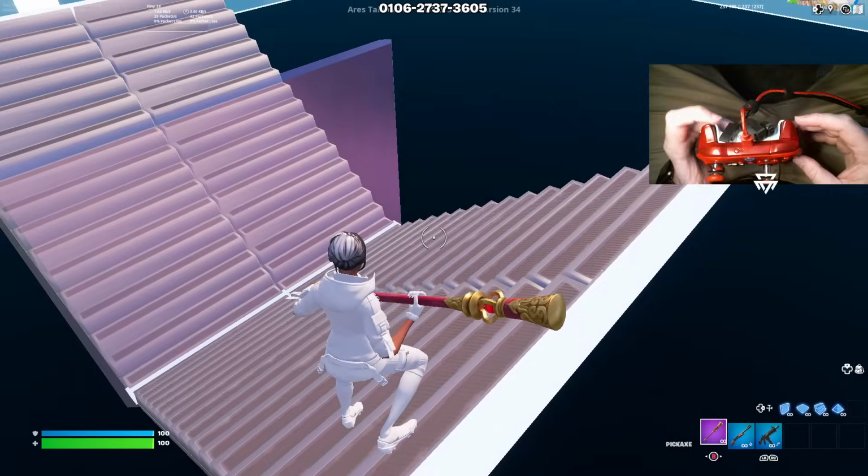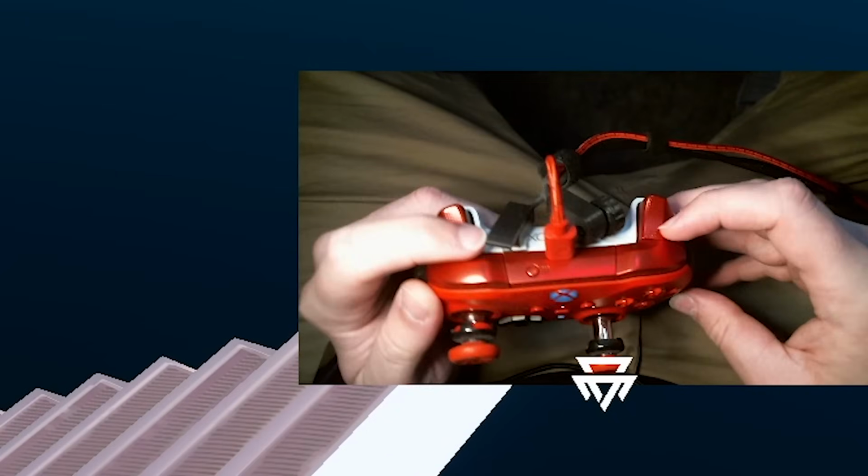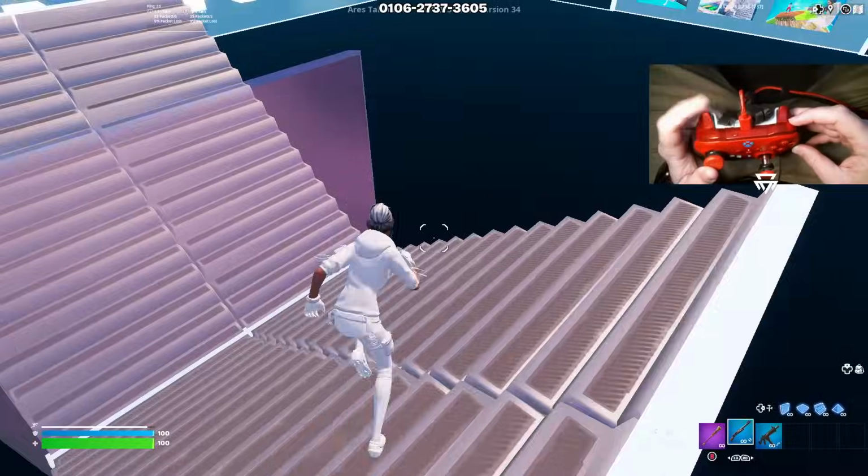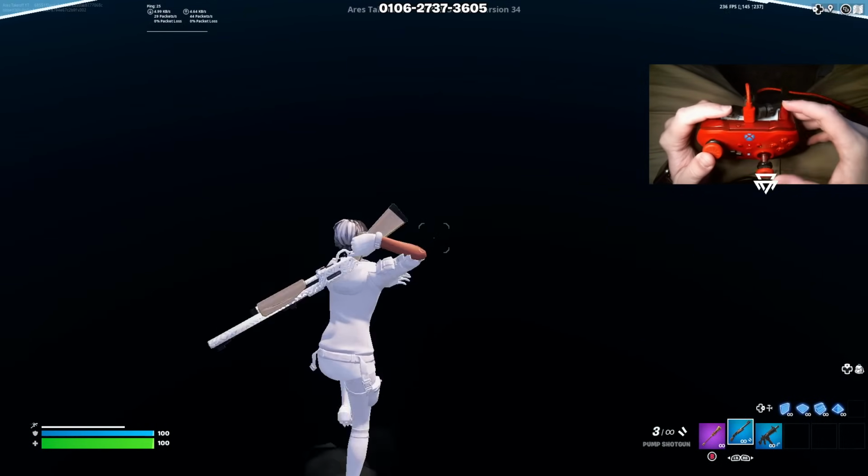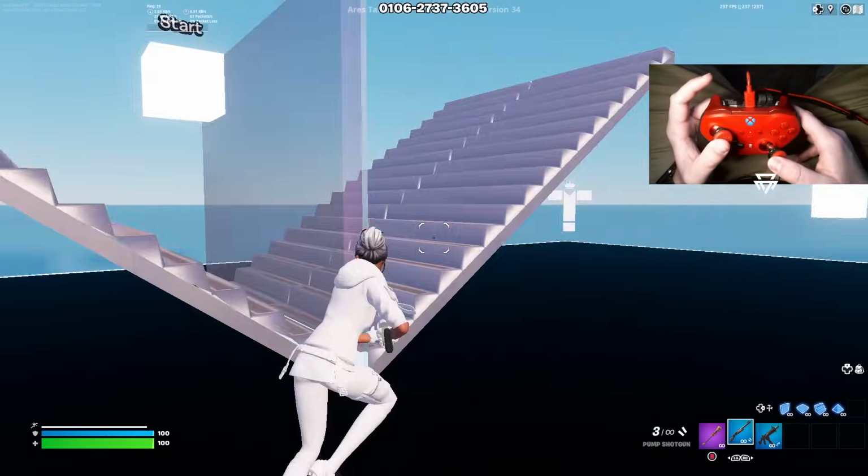And then for sprint, like I said, I have a controller scroll wheel, but this also has a middle mouse bind right here, and that is what I use to sprint. So I can sprint with this, and I can sprint right here